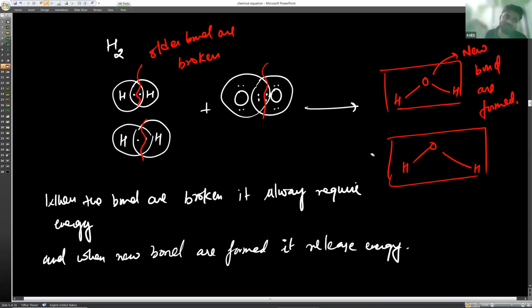For example, sir, you invest 5000 rupees in a work, or you buy a product for 5000 and you sell it for 15,000. So it means that your profit is 10,000. Same thing for this reaction. If in the reaction the older bonds are broken and new bonds are formed, it is considered to be exothermic